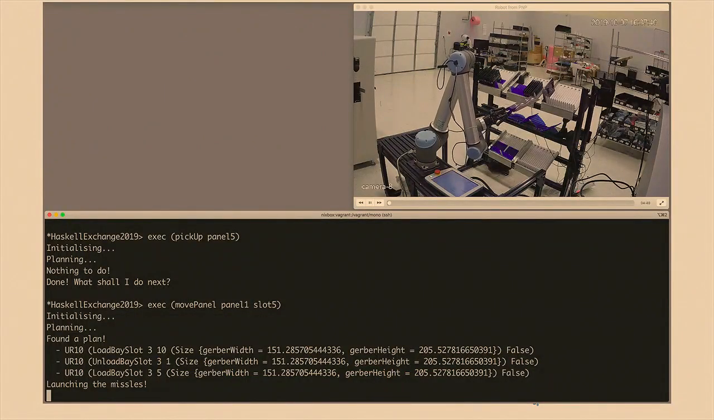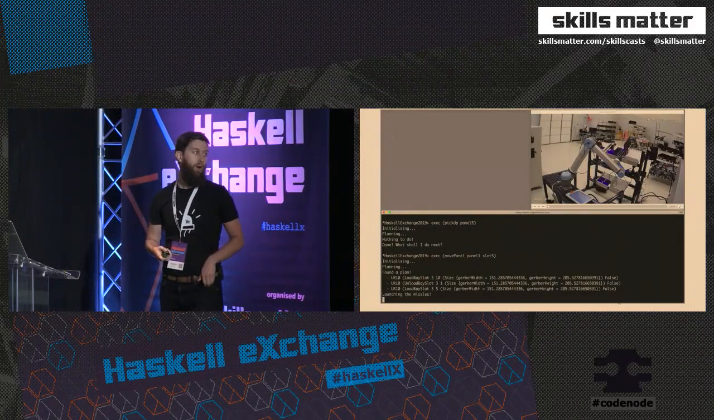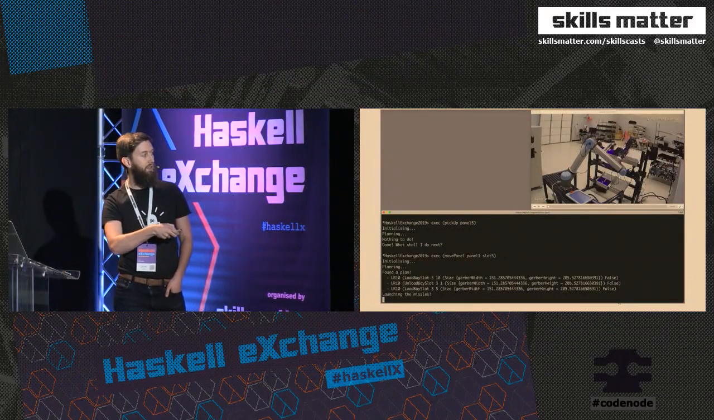Now I know that I'm holding panel number 5, but I want to move panel number 1 to slot number 5. So this is actually a little bit more interesting. I can't simply just pick up panel 1 and move it to slot number 5, because that would require I use the robot, and the robot is already holding a panel. So here we can see that what's called a planning engine has figured out that the first thing I